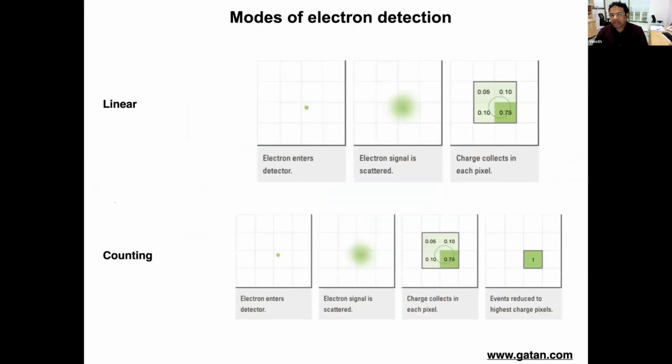And there are multiple ways of detecting electrons. The most common are linear and counting mode. There is also super resolution, which is what I call a derivation of counting. So in linear mode, when electrons hit a given sensor, all the electrons that are hitting are being counted. The electron signal is scattered, so you don't count each of these electrons individually, but as a whole, it's very similar to what was done before in film. So this is very fast and useful, but the detective quantum efficiency of the detector is not